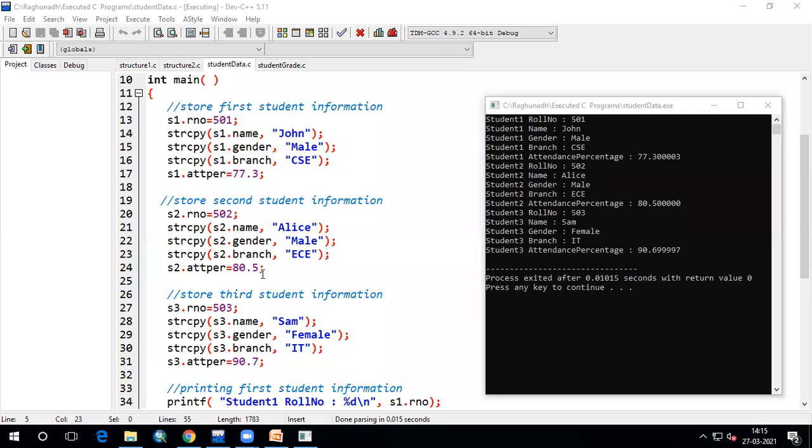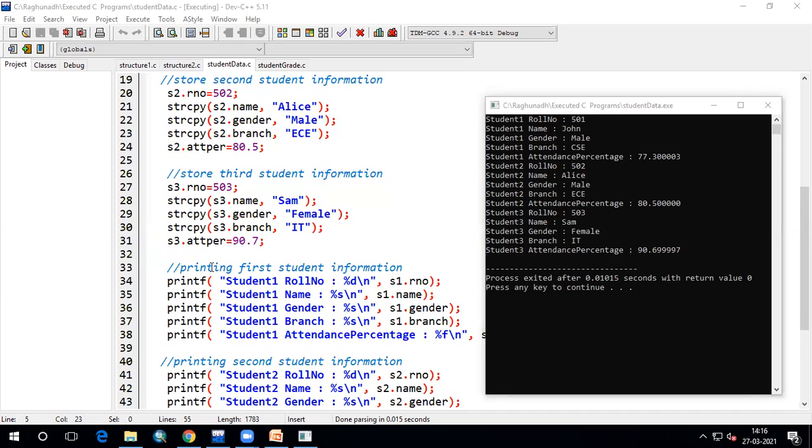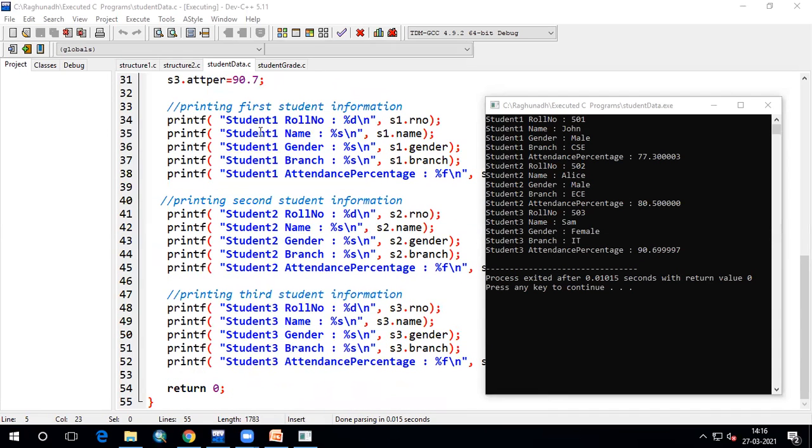So let's scroll down. Take up to this printf for first student details, and leave some space for writing the printf statements for student 2 and student 3. After that you write return 0. You can take up to this only, and the remaining two things you can write on your own, and after that you take the output of this program like this.